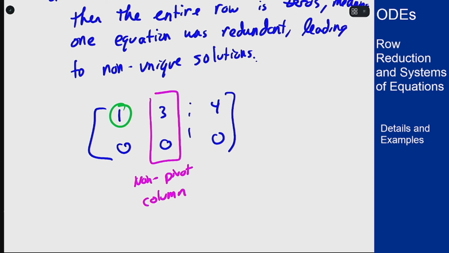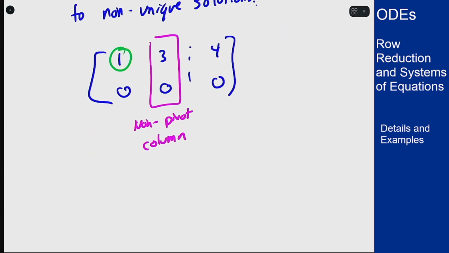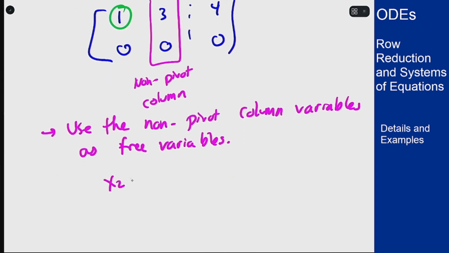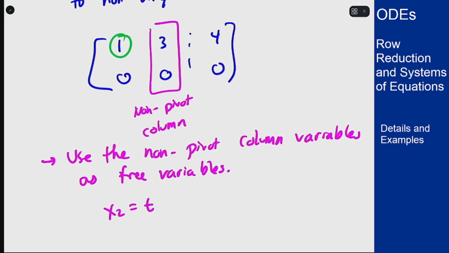And so what I can do is use that variable as a free variable to determine my non-unique solutions. So use the non-pivot column variables as free variables. For example, I will use t for that. So we're going to set x2 to be t, and then I'm going to use this equation that I have up top when I go to solve this out. I'll use this to write x1 in terms of t. So I have x1 plus 3t equals 4, or x1 equals 4 minus 3t,